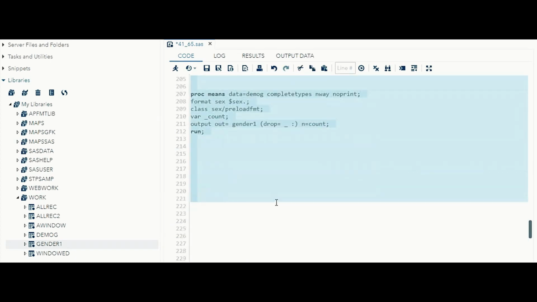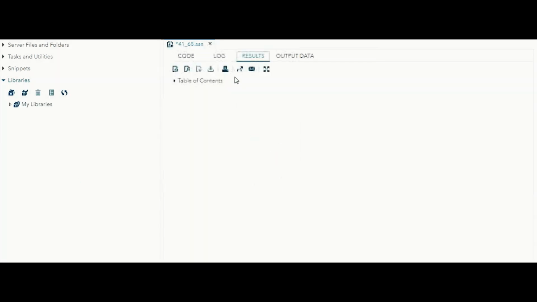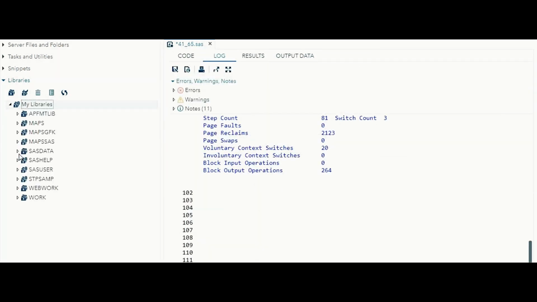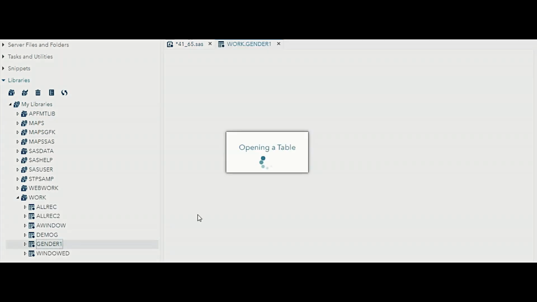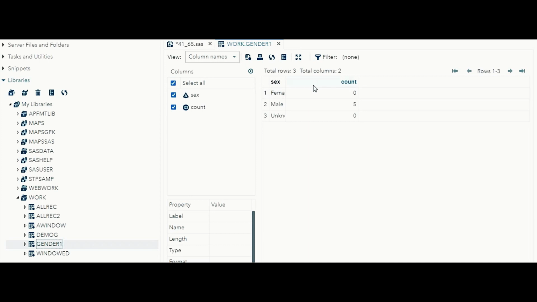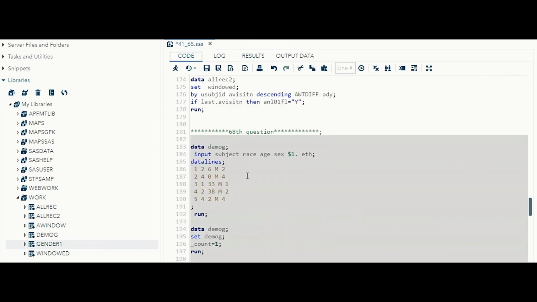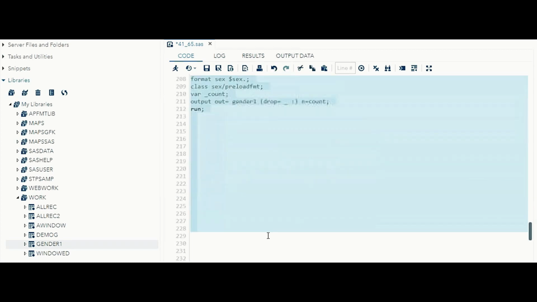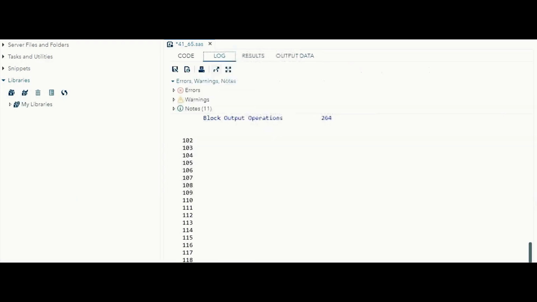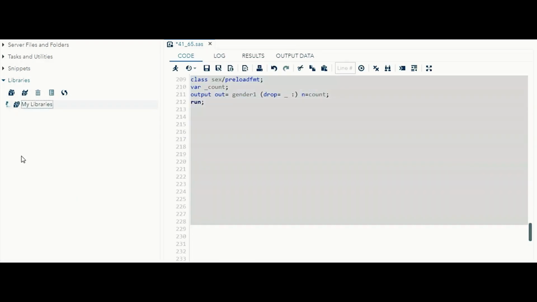and you apply the PRELOADFMT format for PROC MEANS, what happens? You can see there is no need to write a dummy data set. Directly you will get female count as 0, male count as 5, and unknown count as 0. Okay, so no need to create a dummy data set. The counts along with the 0 counts are already present. If the data changes, for example one female is added, that time also no need to change this code. If you write dynamic code like this, it will be applicable to all scenarios.